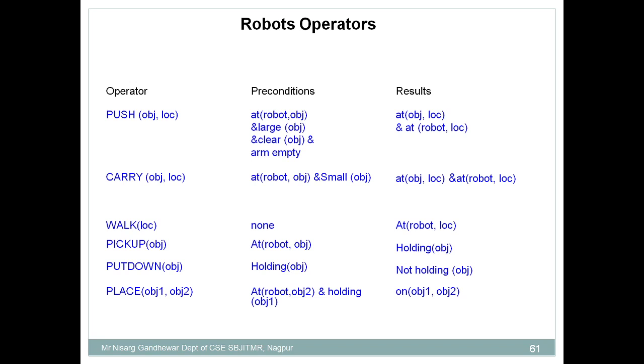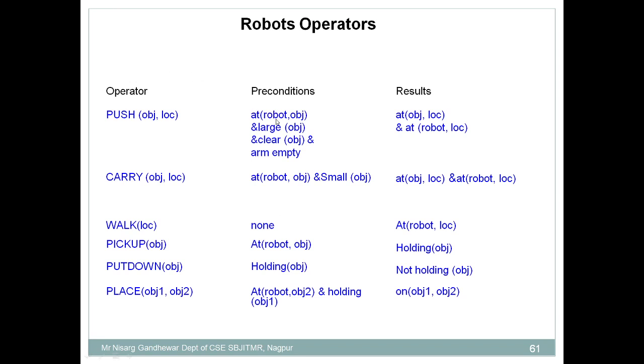Push is one of the operators. Here you can see that push has two attributes, one is the object and the second is the location. That means when you instruct the robot to push, it includes an object and a location: we need to push an object from one location to another. So the current location is important, and in order to perform the push operation, some preconditions are necessary. This push operator is only possible when its preconditions are satisfied. So what are the preconditions?